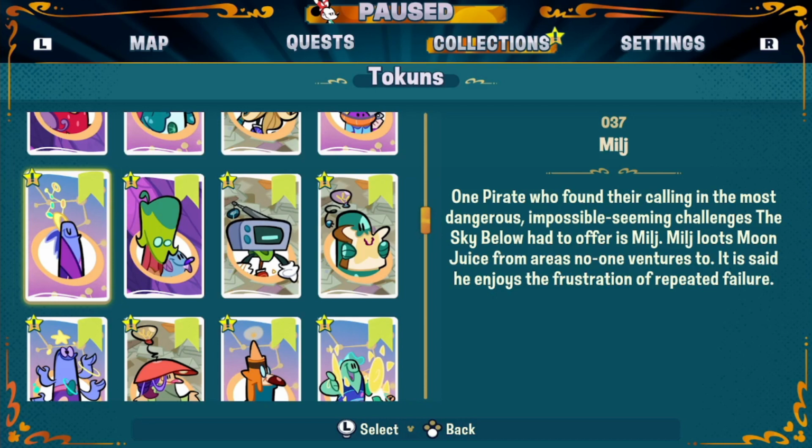Milge. One pirate who found their calling in the most impossible scene is Milge. Milge loots moon juice from areas that no one ventures to, and said that he enjoys the frustration